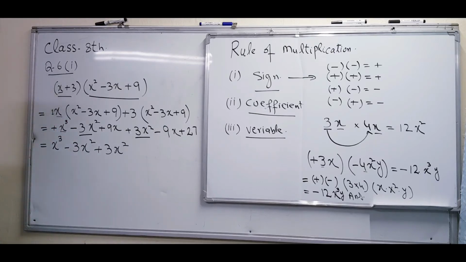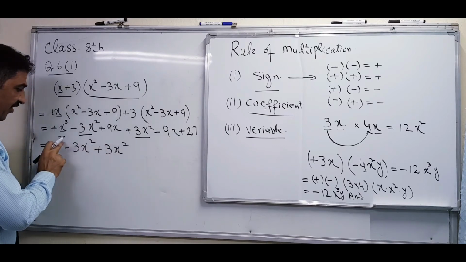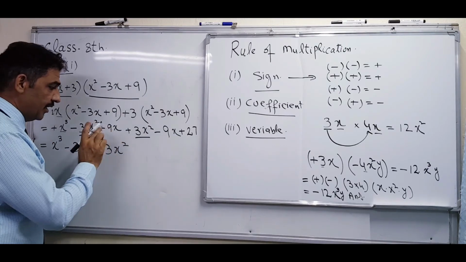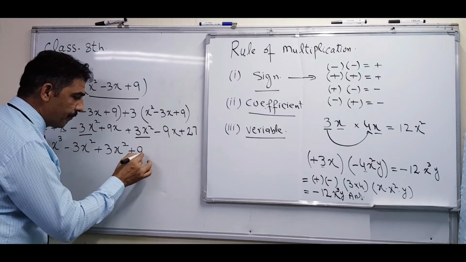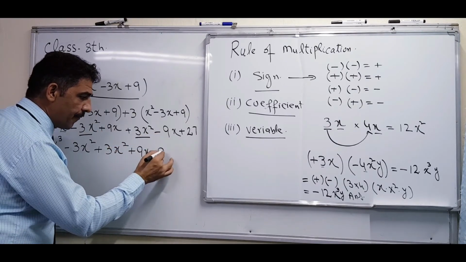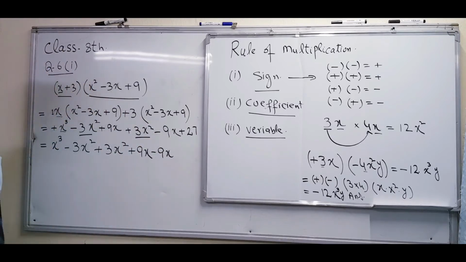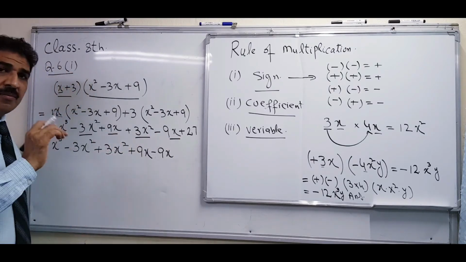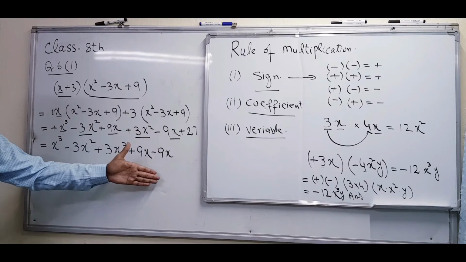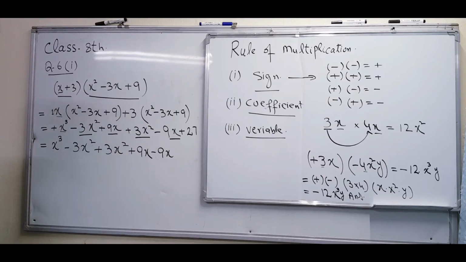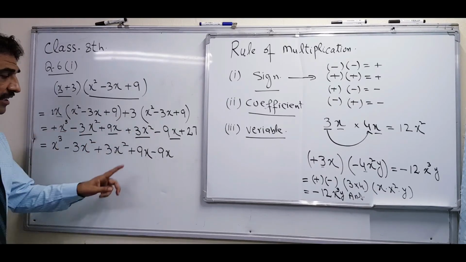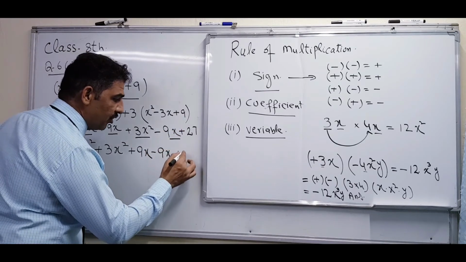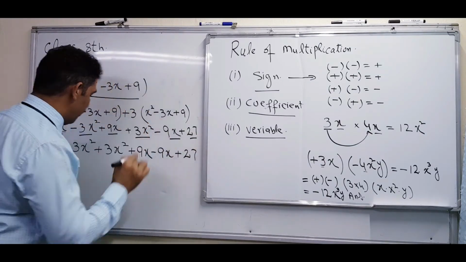So these terms are already finished. Now the next term is the x variable. In descending order we are finding that, because first x cube, then x square, then x. So plus 9x, and the next is minus 9x. Correct? And these two terms are also finished. Then you have to mark them, because sometimes when you are rearranging you skip a term, and your answer will be wrong. That's why you have to mark. And the last term, only 27 will remain. Then you will write 27. You will also mark it here.